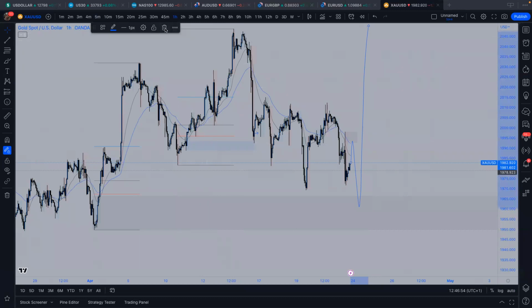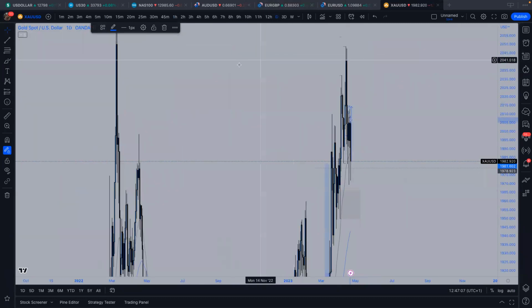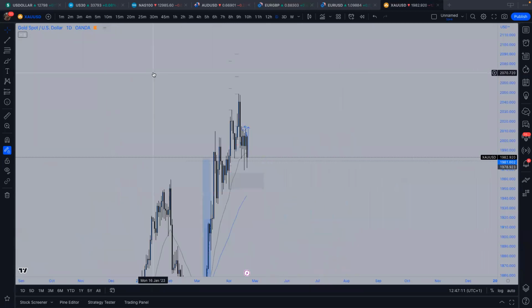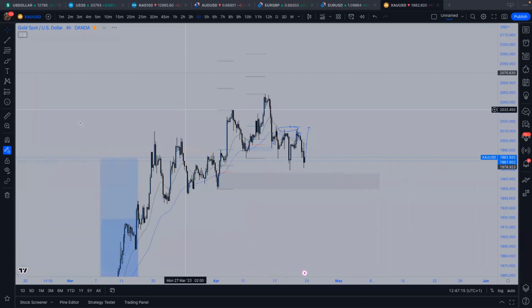I'm equally not ruling out that price could just break above and actually start attacking some of this Asian liquidity and some of these highs. And overall targets, I do think we could definitely trade into 270. I think we could definitely go run and take that high. But when we're actually really looking at things,